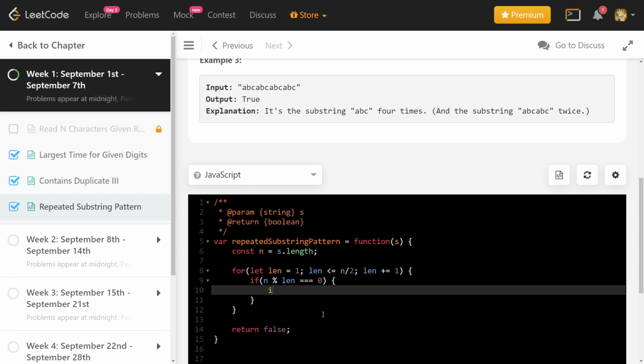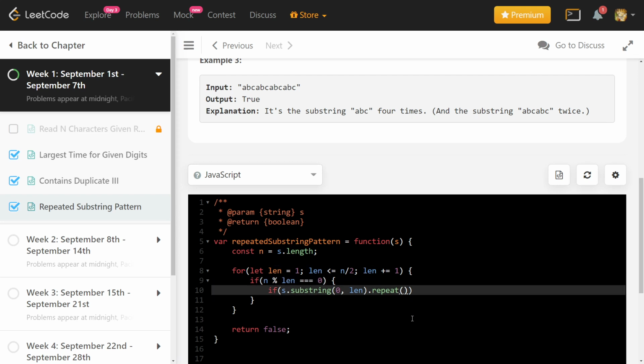So what do we need to check? Because I said we will do exactly what the question is saying, we will take the substring of length len. It will start from 0 and go till index len minus 1, so it will be of length len, and then you just repeat it. How many times? Now we know that len divides n.